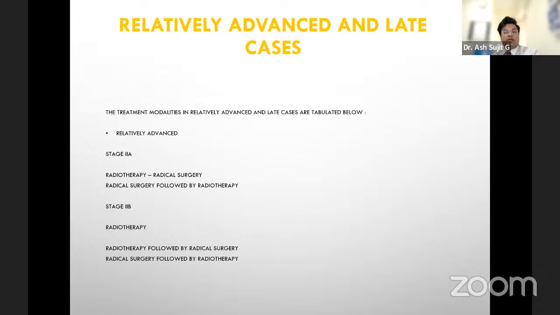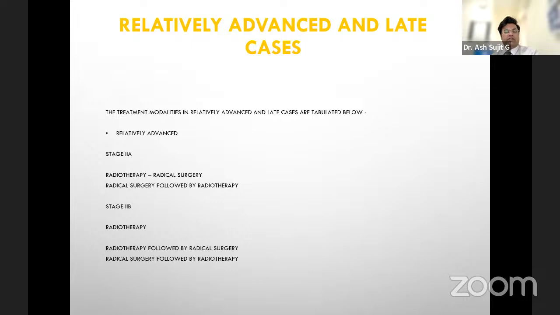Pap smears begin as early as the age of 21 for any woman who is sexually active. From 21, it's done once every 3 years till the age of 65, provided that the lady has a uterus and no hysterectomy has been done for any cervical malignancy. And you do it every 3 years, and if you have the facility, after the age of 30 you can also add